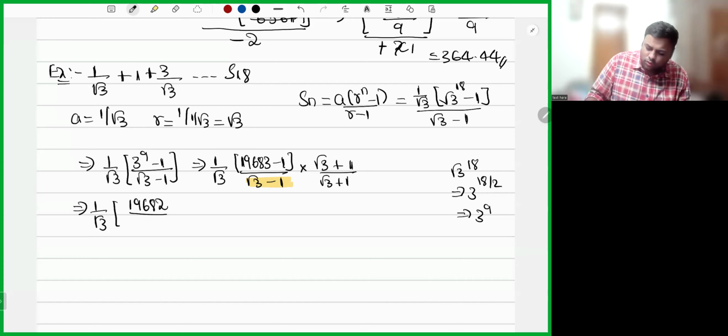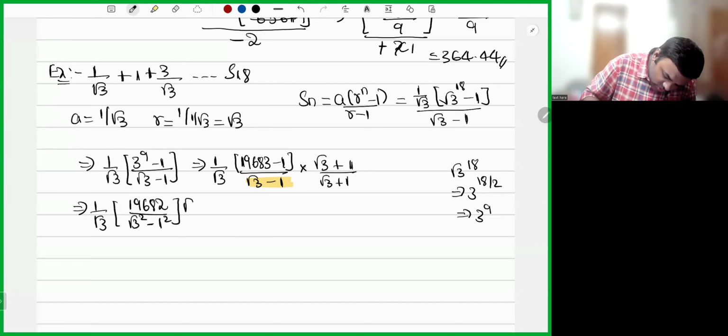Root 3 minus 1 into root 3 plus 1. A minus B into A plus B gives A square minus B square. So root 3 square minus 1 square into root 3 plus 1. Okay. Next. 1 by root 3 into